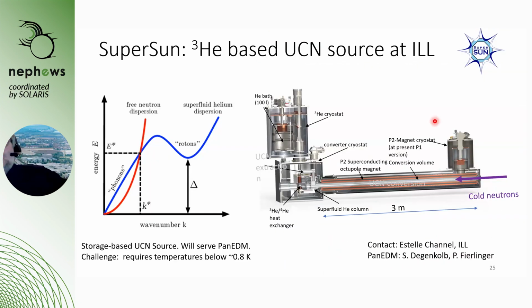Also at ILL, they built a new source to improve electric dipole moment measurements, and here they use not solid deuterium but liquid helium as a source. This is the phonon-roton dispersion curve of superfluid helium and the dispersion curve of free neutrons. If you now have neutrons hitting liquid helium at the right energy, at a wavelength of around 8.9 angstroms, they will be downscattered by scattering on a phonon. Of course, this has to be in detailed balance. It's a thermal process, so this requires very low temperatures in the liquid helium, ideally much below 0.8 Kelvin. And indeed,